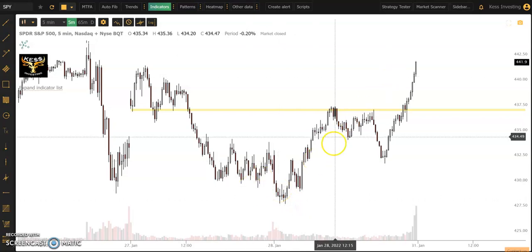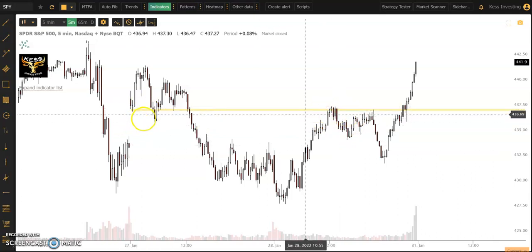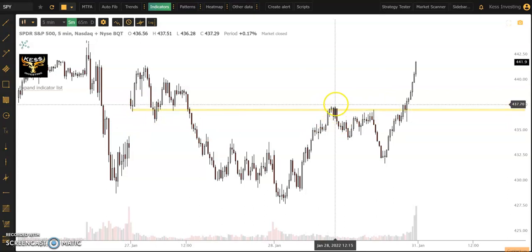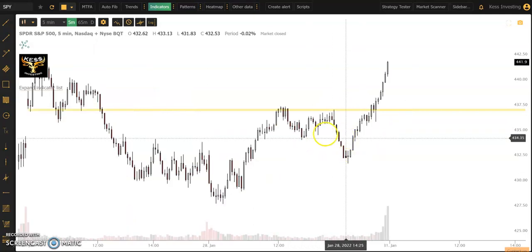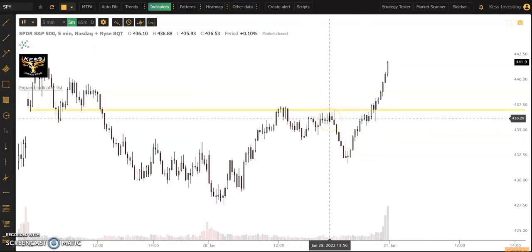So what I was looking for on Friday, which would have been the 28th, was we saw this rejection at the old support. So old support becoming new resistance. We noted this rejection, and we wanted to see another rejection. So right around this area, around